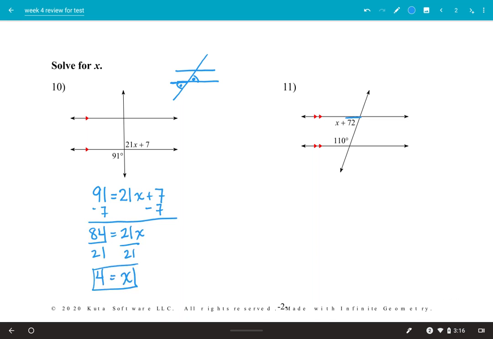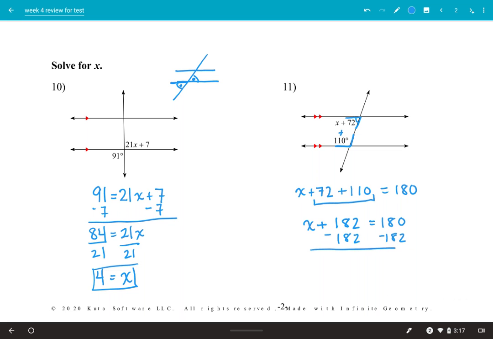Now, these two angles, so this one looks like it's smaller than 90, and this one is bigger than 90. So when they're two different sizes, you're going to add them together. So x plus 72, and we're going to add them to equal 180. So we're going to combine to equal 180, and we simplify. And it's all right if your answer comes out to be a negative, because if you plugged it in, it wouldn't give you a negative answer. Now, the last one I did want to go over,